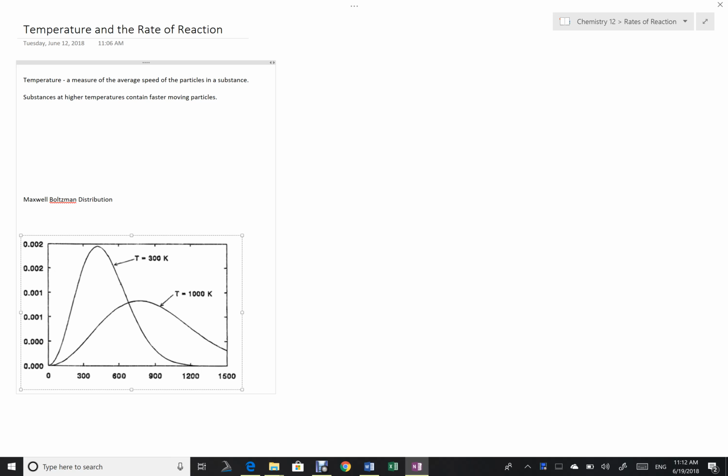Okay, in this video we're going to look at the effect of temperature on the rate of reaction. Temperature is going to affect the rate of reaction in both of these ways. So remember what we're talking about here. To have a successful reaction, we have to have a collision between the required reactants in some sort of combination that will allow them to form the products. And when they have that collision, they have to have enough energy to overcome the activated complex to provide the activation energy and allow them to transition from being the reactants to